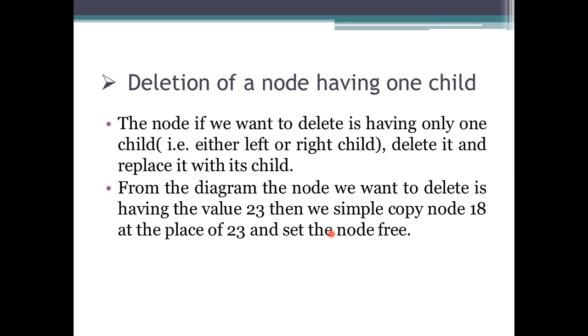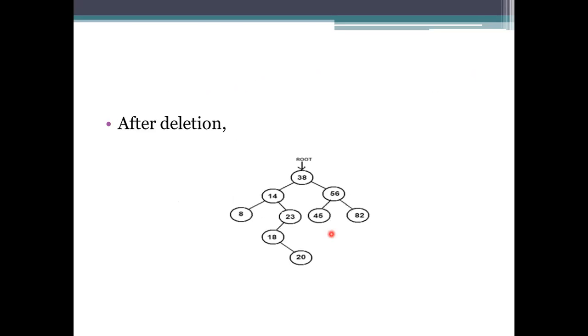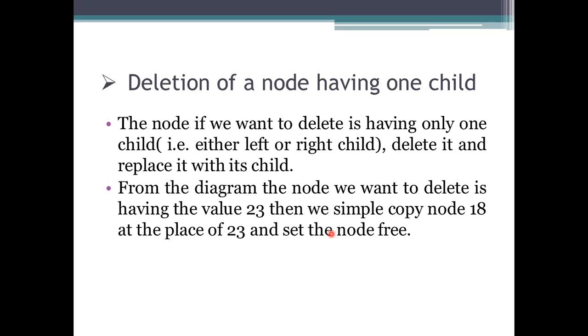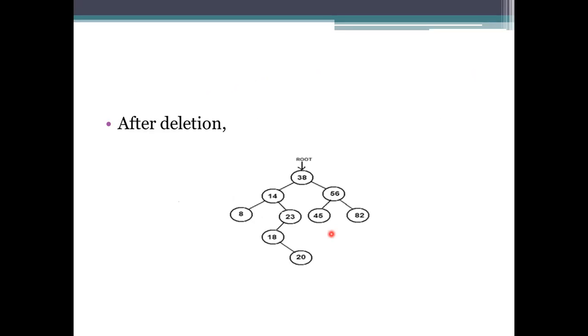For deleting 23, first we need to see whether it has children or not, and how many children it has, one or two. Here it has one child and it has another child. So this has to be copied, and then we process it. This one will be deleted. We need to copy this element because we have to delete only this part.